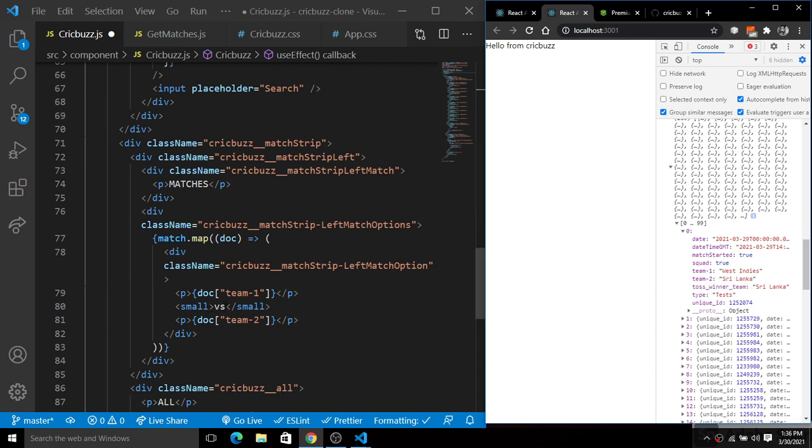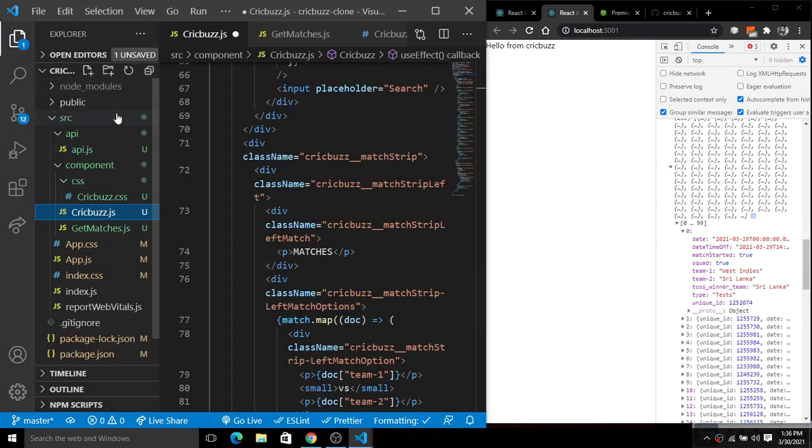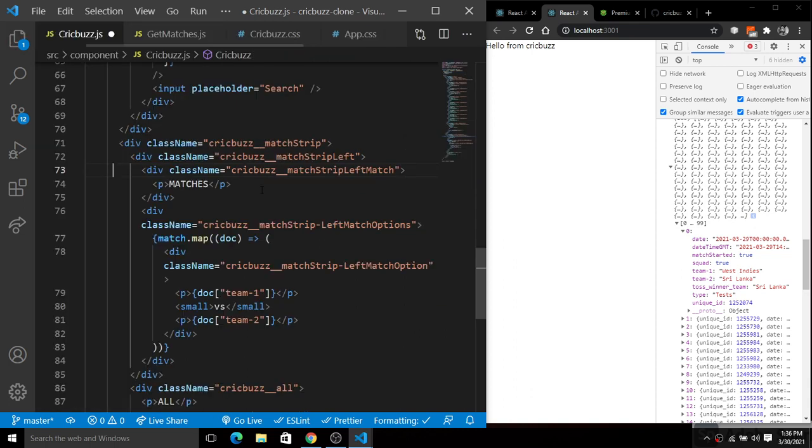So we have simply passed a small version here. So team1 and team2 is just like this, and we will simply render it on the screen. Before rendering this, we will paste the CSS also there, so it will look nice. Actually, I will simply save it without CSS, and you will see it will render on the screen there.